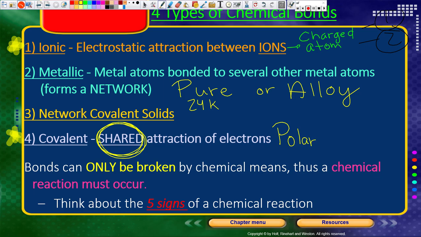Polar? Polar, good. So, the 2 types of covalent bonds are polar or non-polar. I'm going to explain those more in detail whenever we get to those at the end of this week. Okay? Now, second component to this. The only way we can break bonds. Now, what is a bond between? 2 or more atoms, right? It can be any of these 4. But to break those bonds, it must be a chemical reaction, right? Going all the way back to the very first unit.